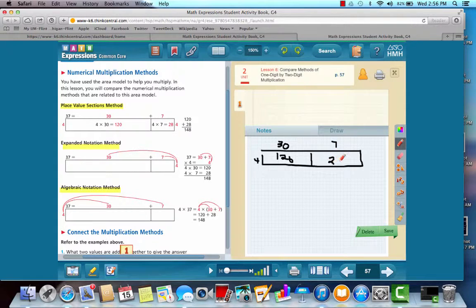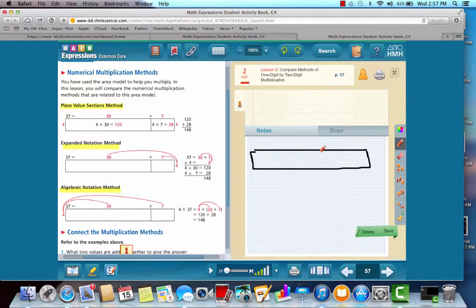So what they're doing is taking these two areas and adding them together. So 120 plus 28 is 148,